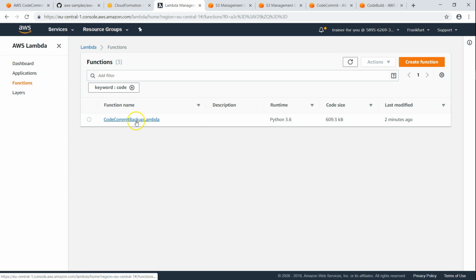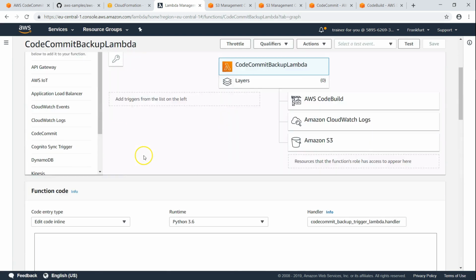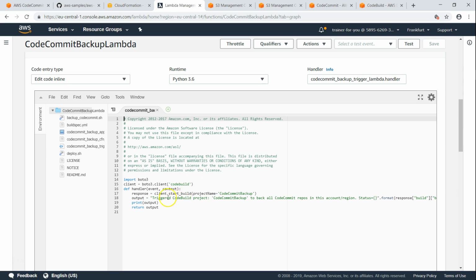So you see here there's a CodeBuild and CodeCommit Lambda there, and what it basically is going to do is trigger a CodeCommit backup. That is all it is going to do. It's just going to trigger at this time saying create an artifact, which is a zip file, and then to